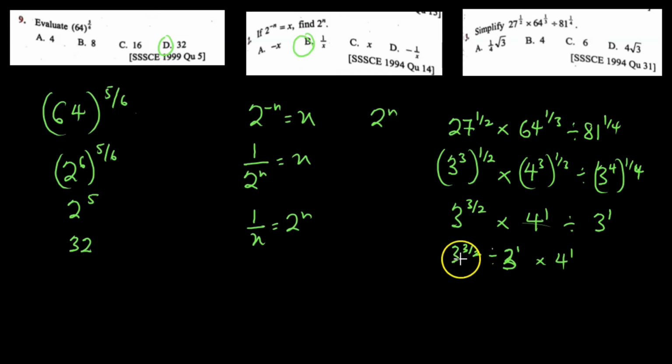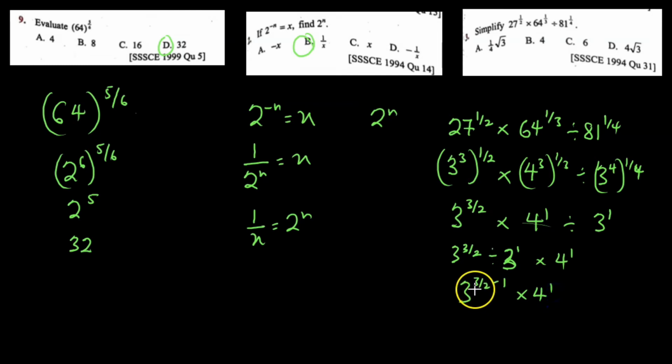Now because the 3 raised to the power 3/2 divided by 3 to the power 1 have the same base, it means we can subtract the powers. So we have it as 3 to the power 3/2 minus 1 and times 4 to the power